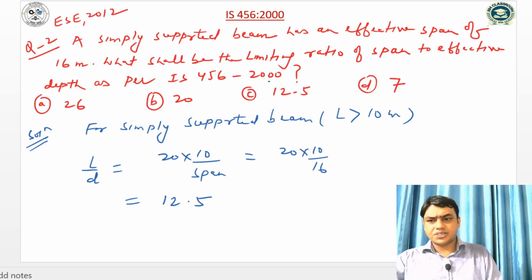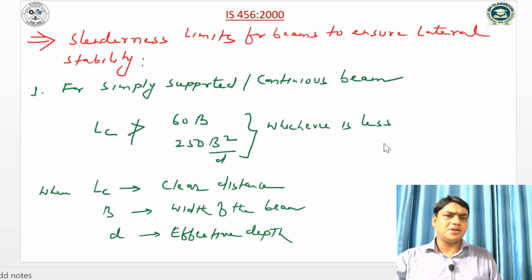So let us discuss another codal provision, that is the slenderness limit for the beam to ensure lateral stability. For lateral stability, the code suggests that for a cantilever beam, the clear span, clear distance, should not exceed the value of 25 b or 100 b square by d, and for a simply supported or continuous beam, the clear span value should not exceed the value of 60 b or 250 b square by d, whichever is less, where b is the width of the beam and small d is the effective depth of the beam, lc is the